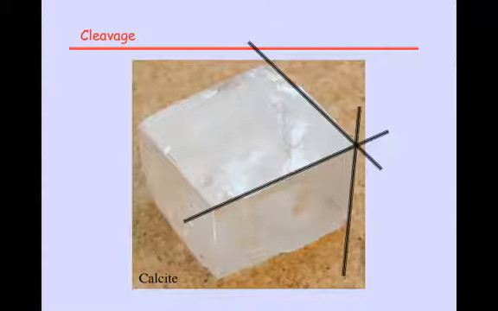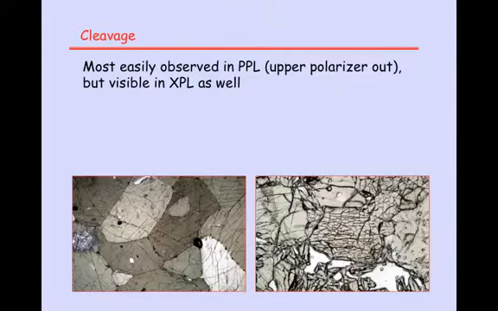In thin section, it's somewhat different. Those planes are cut in by the plane of the thin section, and so we see lines instead. Here's a couple of examples of cleavage, on the left, a hornblende, and on the right, a pyroxene. The cleavage itself is probably best seen in plane polarized light, although it's possible to see cleavage